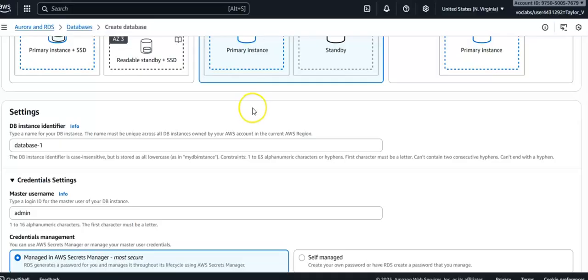Under settings, we have a few things that they also want us to configure. So let me see. Identifier they gave us. Oh,